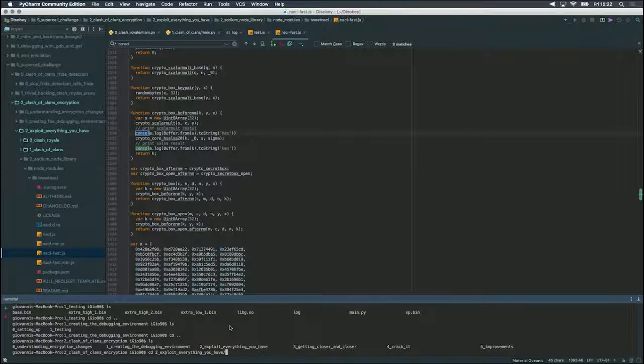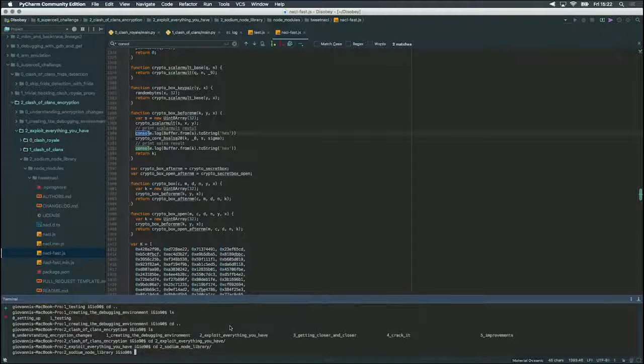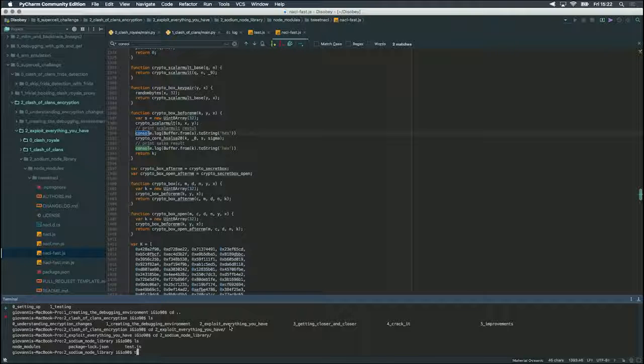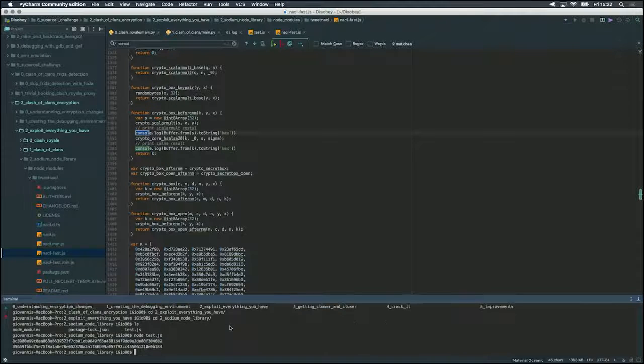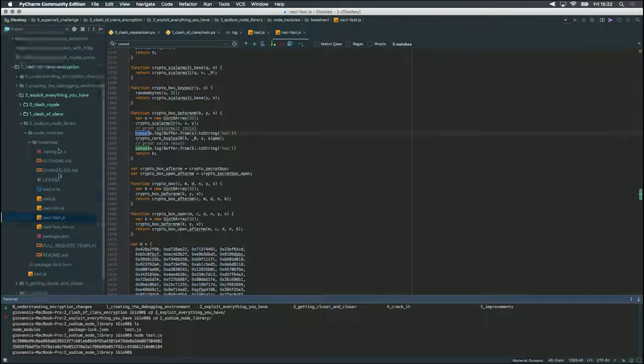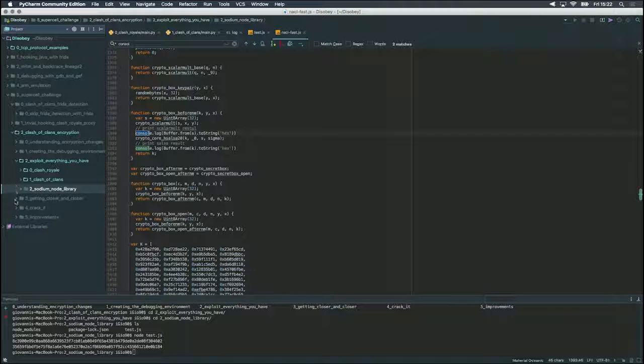And what we did now, run on node. We are going to run the node script. Those 2 keys you can see are 2 keys used during the encryption. It is basically the key which hsalsa20 is using during sodium encryption. And if we move to the next step, getting closer and closer,